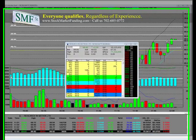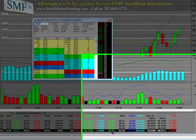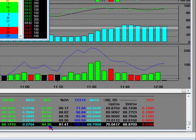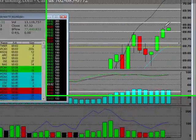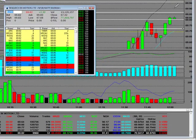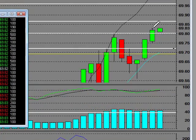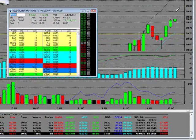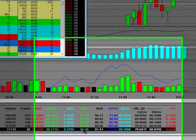Research in Motion. Once again, we already did the Amazon live trade videos. I'm at 94.5, 93, 85, 94, 35% DS. I'm going to be watching my MACD bars. I'm going to be scaling the short, adding the short. The higher that I go here, I'm going to keep adding. I'm going to go within 5 penny ranges up to the highs and add to the short because the percent DS will peak